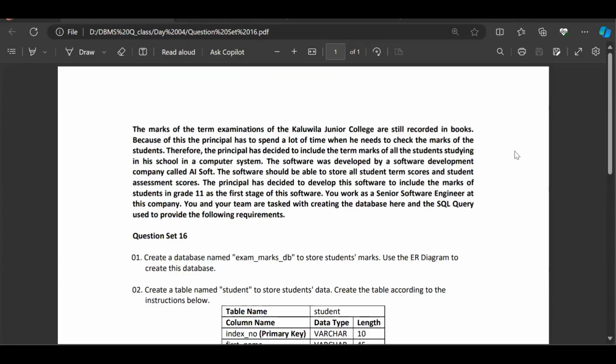Welcome back with the question series of Database Management System 1, and today I'm here with question set number 16. The marks of the term examinations of the Hollywood Junior College are still recorded in books. Because of this, the principal has to spend a lot of time when he needs to check the marks of the students. Therefore, the principal has decided to include the term marks of all the students studying in his school